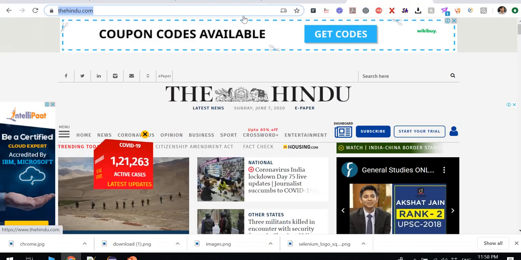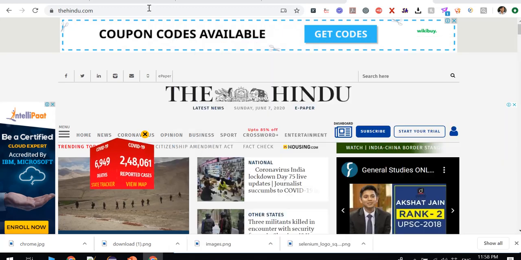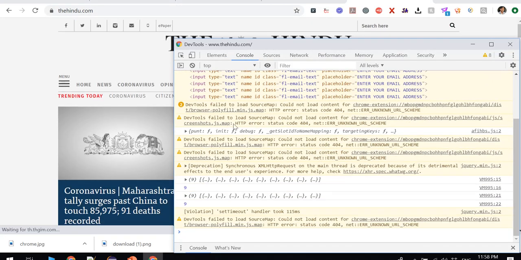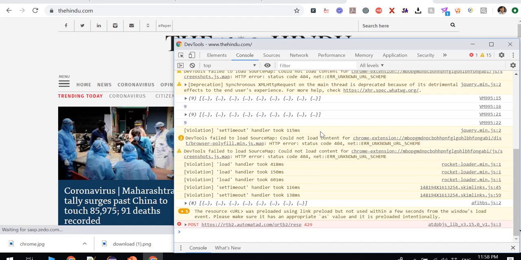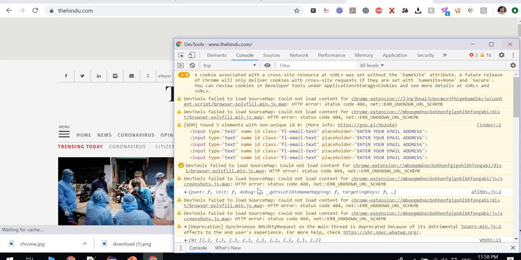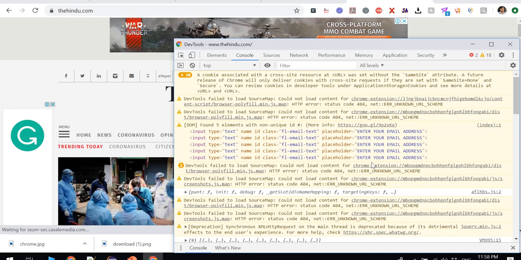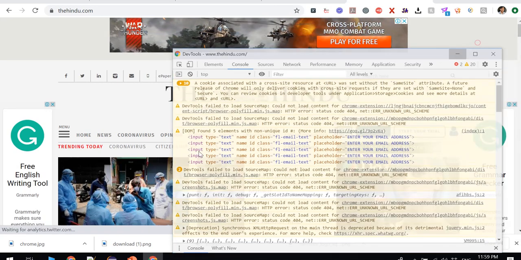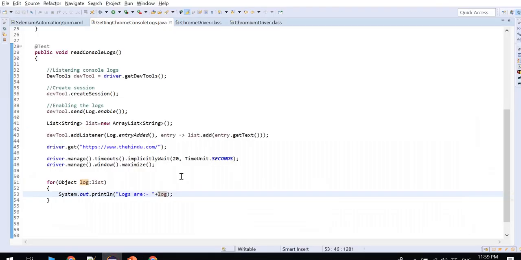Let me go to this website and press F12, and refresh this web page. If you go to the console, you can see a couple of logs loading here. These are the logs we can read using this method. It is still loading.